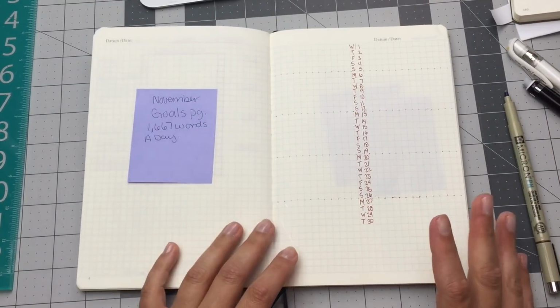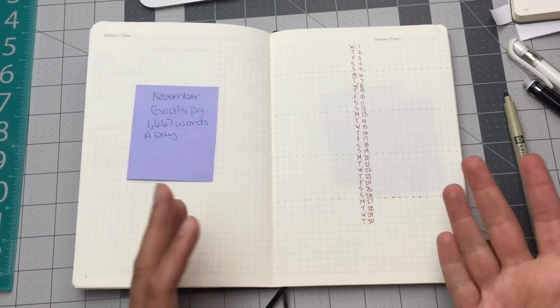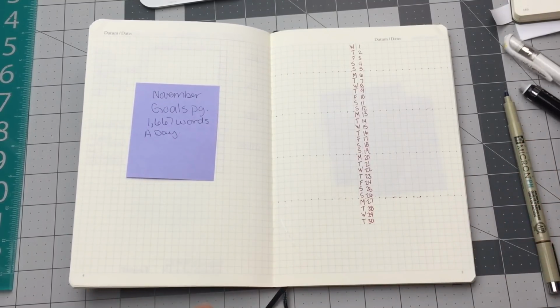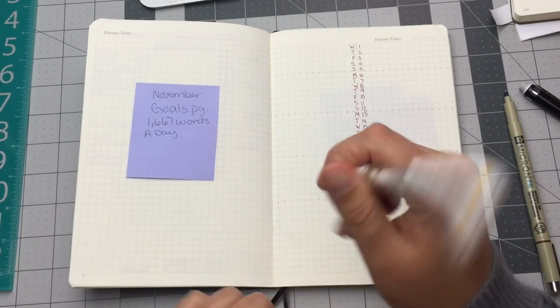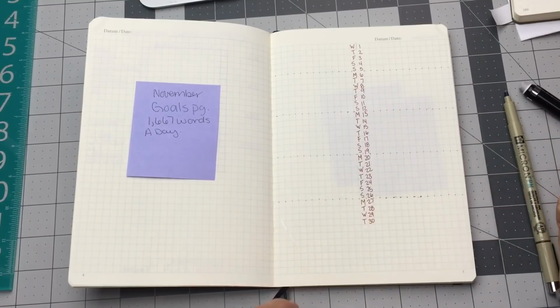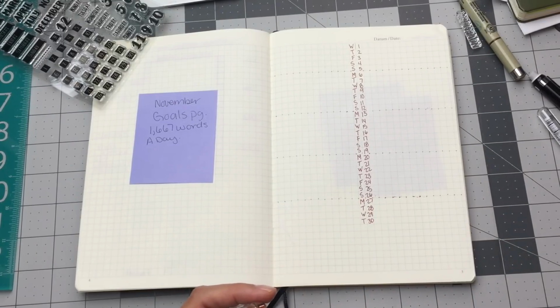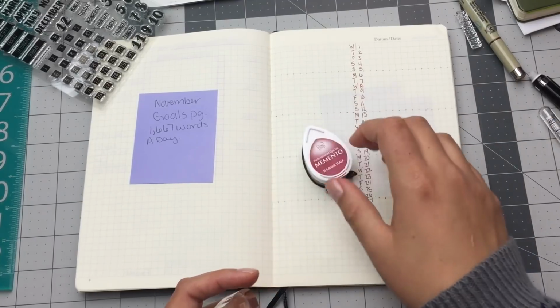Okay, so this is why I don't try to do things that are fancy. Not that this is really fancy, but I smeared this. So it is what it is. And I'm using this whiteout to cover all these guts and blood of the poor little bug I murdered. So whatever, there's that. Okay, and I'm going to use this Memento ink,